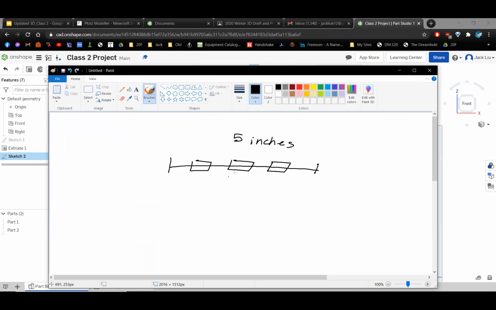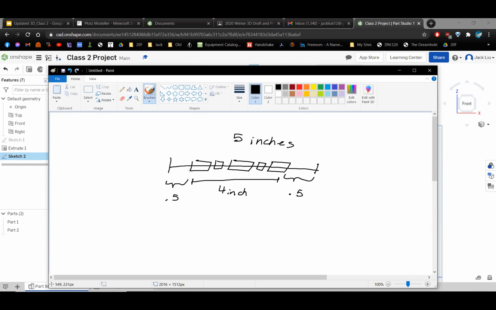It's a bad drawing because I only have 3 windows. But we know from the edge of my wall to my first window, I want this to be 0.5. That's what I defined. And I know that between the last window and my edge is also going to be 0.5 inches, right? So that means whatever is in between must be 4 inches long. Well, what is in between these two ends? The drawing isn't exactly right because there's actually 5 windows. So I'm going to draw a couple more. But you can see that this 4 inches